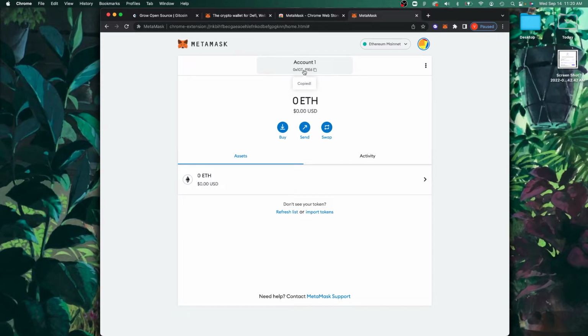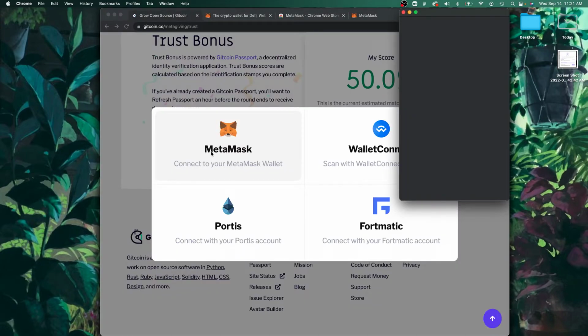The Notion doc has more information about what's going on here, but let's get back into our Gitcoin setup. So we want to connect to that MetaMask wallet, but we're not seeing it here. So let's refresh the page. Once I do that, I'm going to submit my passport. I see MetaMask, so I'm going to click on that